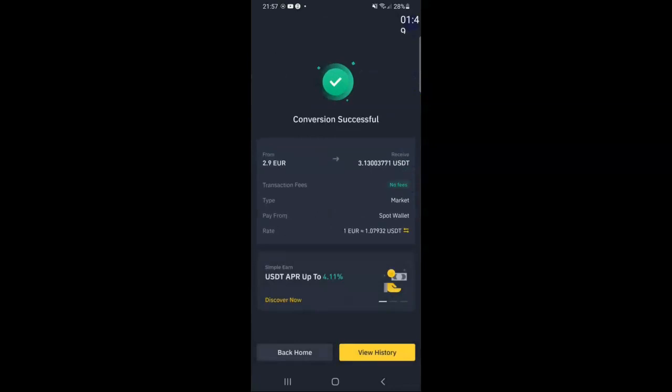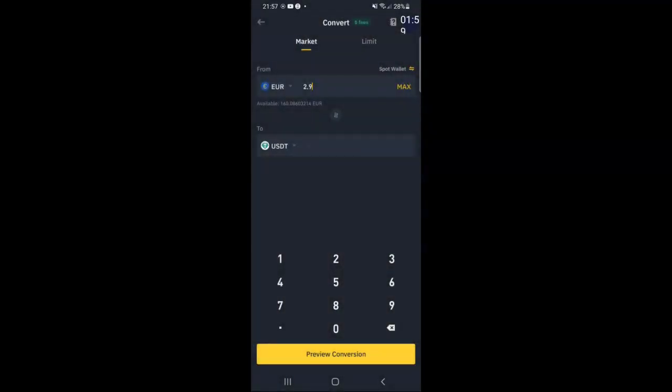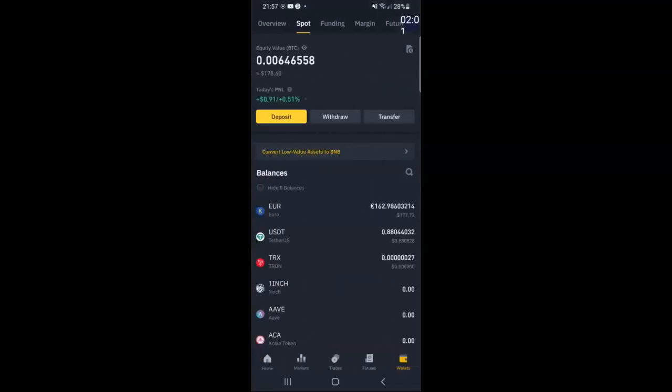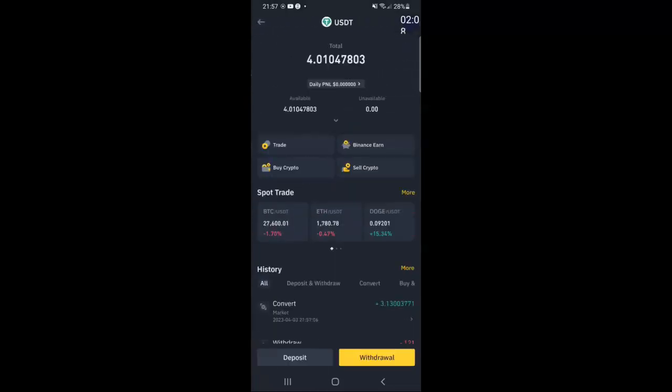And now you will have the funds available. So back home, you can view the history if you want. Go back home and click back again, okay? And as you can see now, I have in my USDT wallet, you click there, and I have 4.01 USDT,